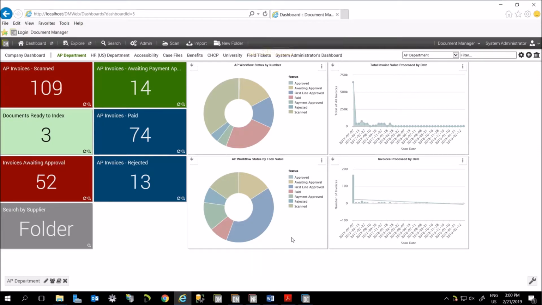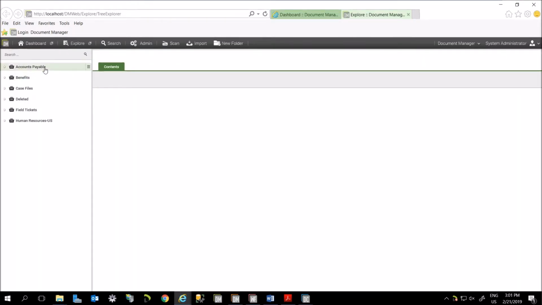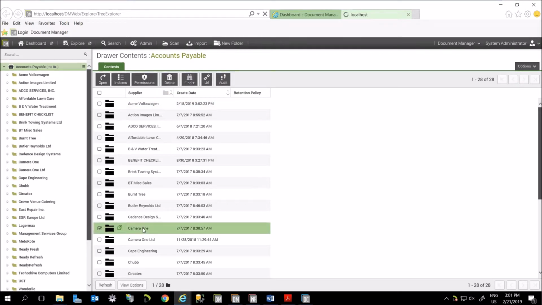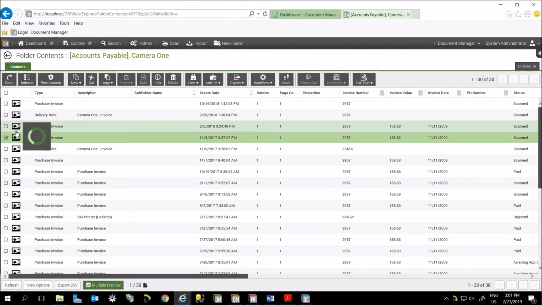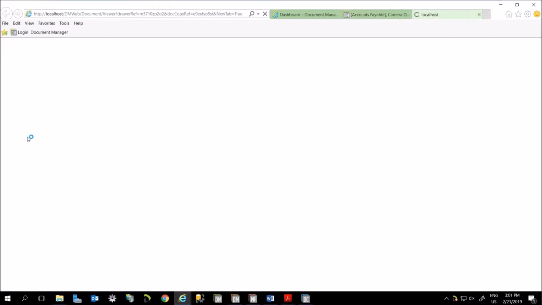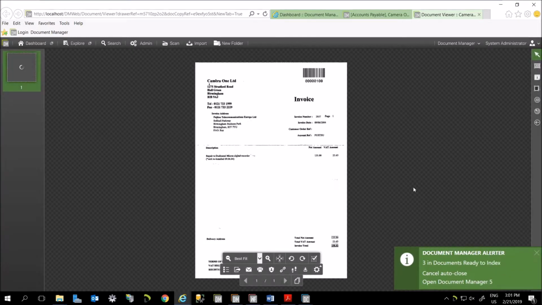At this point, I'm going to cover some of the other business process automation tools that Document Logistics offers, which Xteron currently has not purchased. And so I'll start with some of the more common ones, which are annotations. I'll open up an invoice here. Again, if I single click,